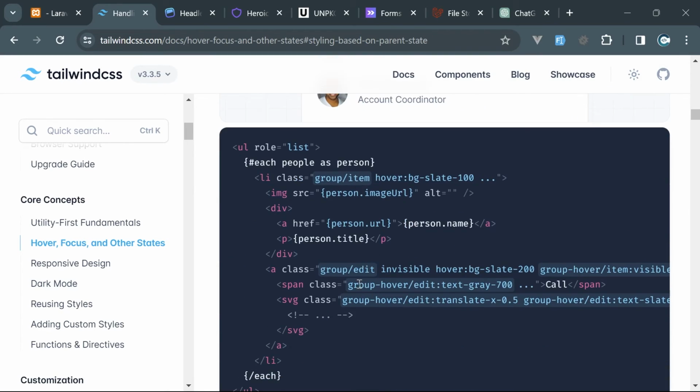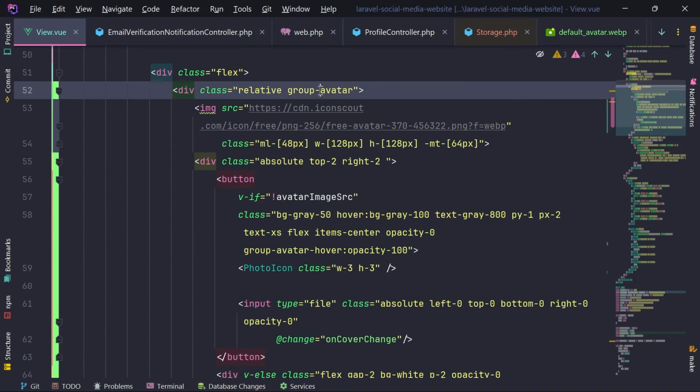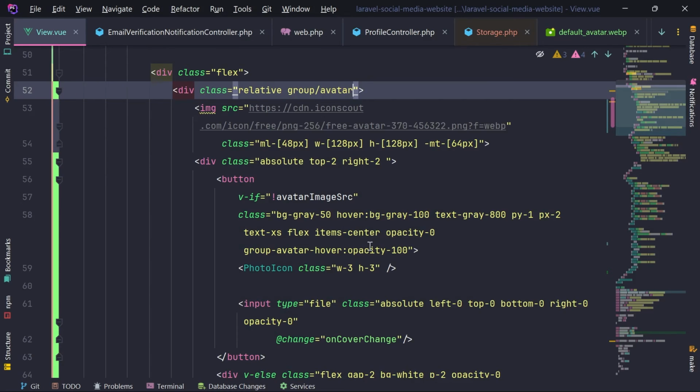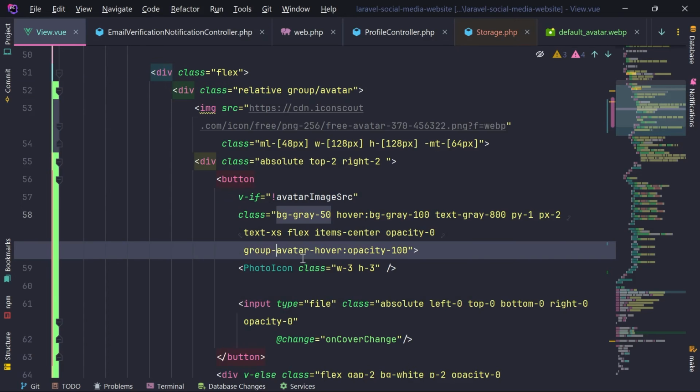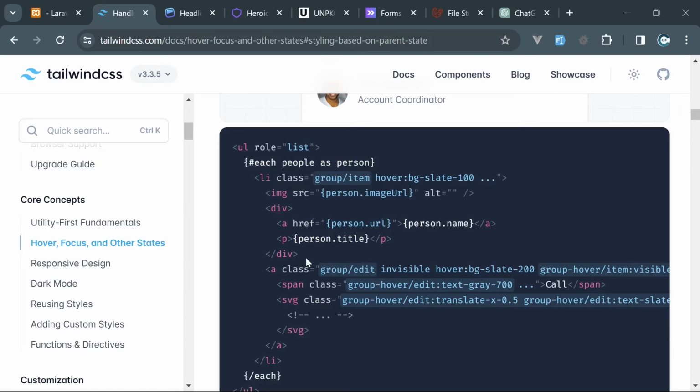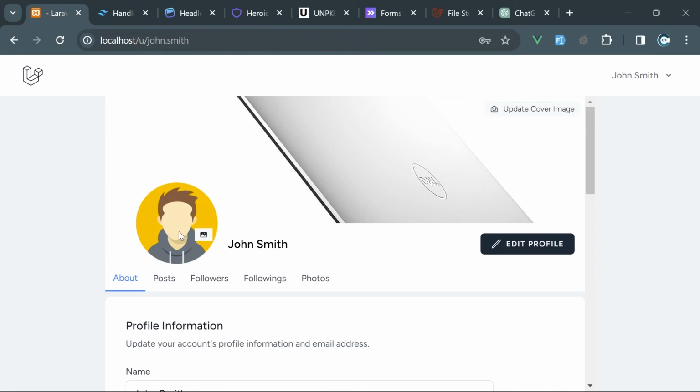Group item, and then we have group hover item. Okay, so we should give this one group avatar, and then we need group hover avatar. Here we should have group hover / avatar. Okay,